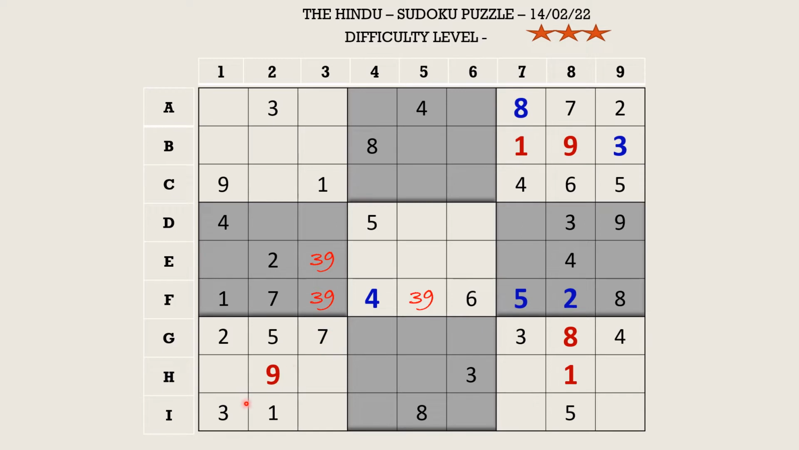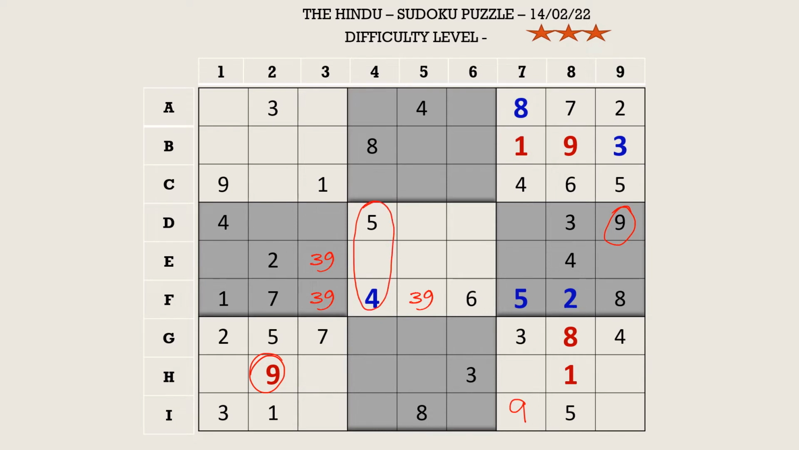Let's try to fill I row. There is a 9 here in H row and a 9 in column 9 which blocks these 3 cells. So I7 takes 9. There is a 4, 5 pair in 4th column